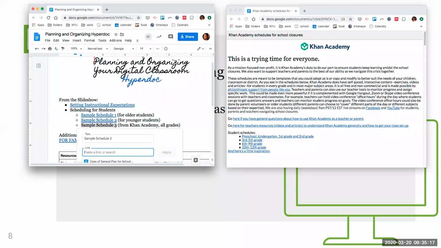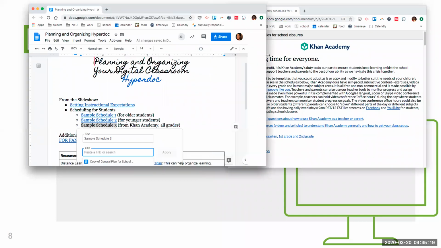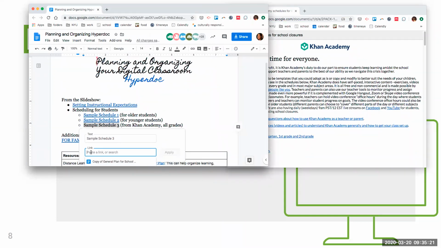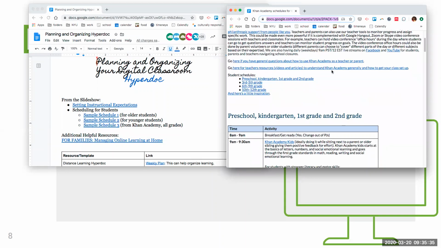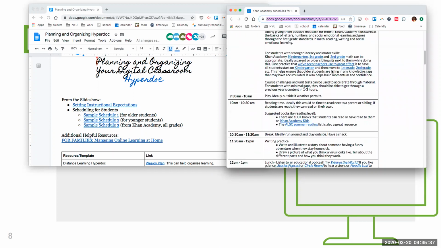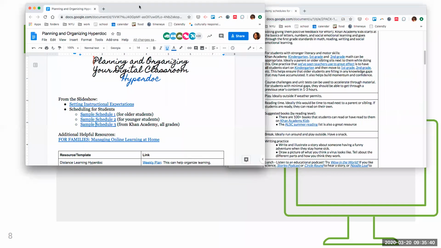I did insert link. And now I'm going to paste it, apply. And now on your master, you can click sample schedule and then open that doc, and you'll see this screen from Khan Academy that gives us some sample schedules. So that's how you can make it on your own HyperDoc.